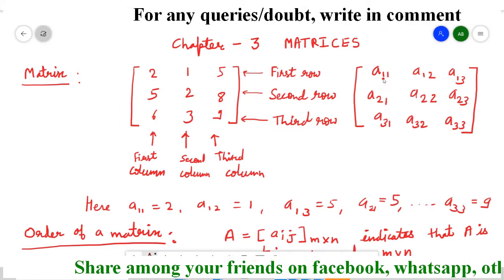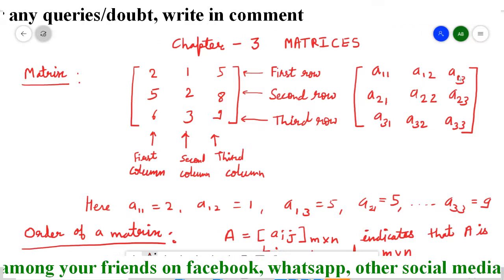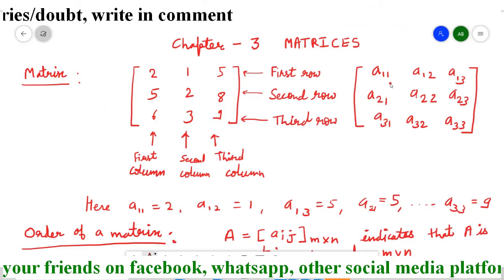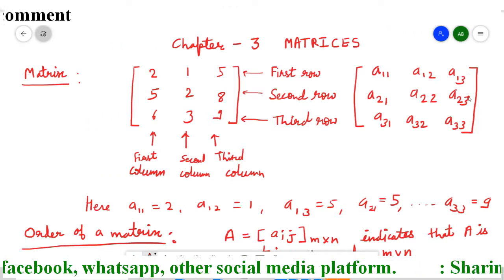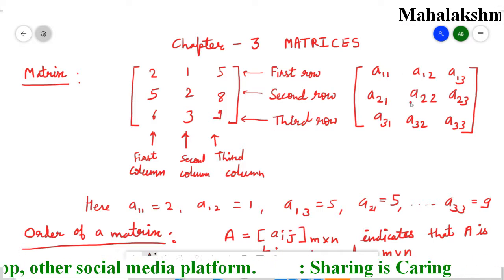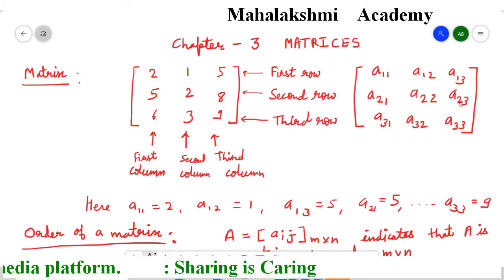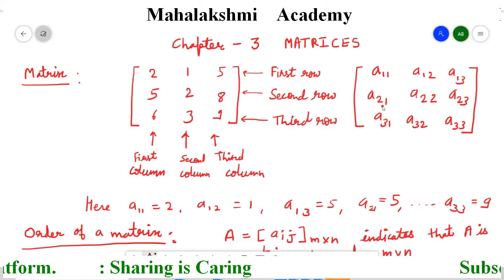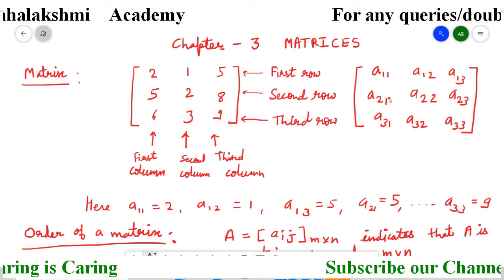First place is for the row. So this is the same row, that's why 1 1 1 is the same. This is first column, second column, so 2 came here. This is third column, that's why 3 came here. Now this is second row, so for all elements the first number is same. See here also 2, here also 2, here also 2, because this is second row. So first number is for the row and second number is for the column.